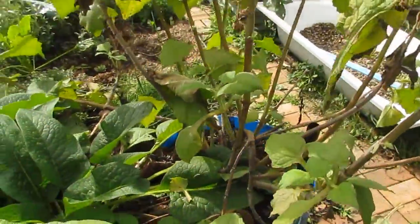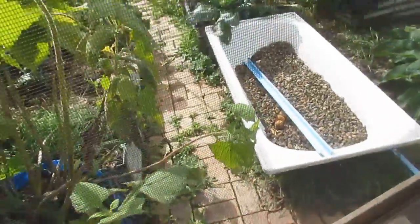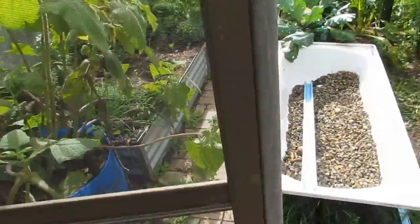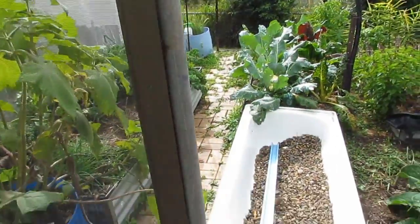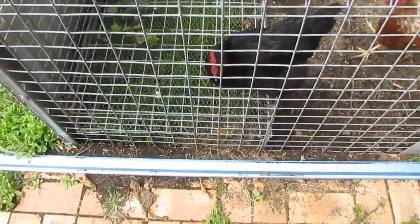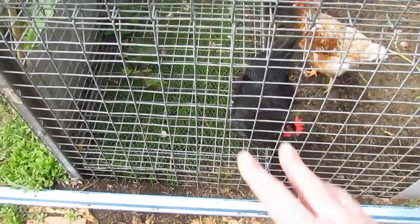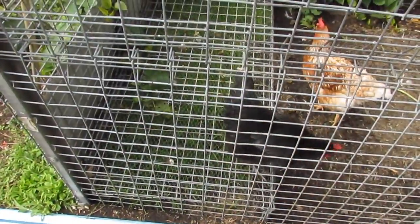Yacon needs to be harvested. I'm going to tackle him in about a week or so. Door to the insect proof house, not much movement on that unfortunately yet. The chuggies are going well. They're liking their green feeder at the moment. I might actually open that up so they can get at it. Some of the leaves are starting to fall down, so